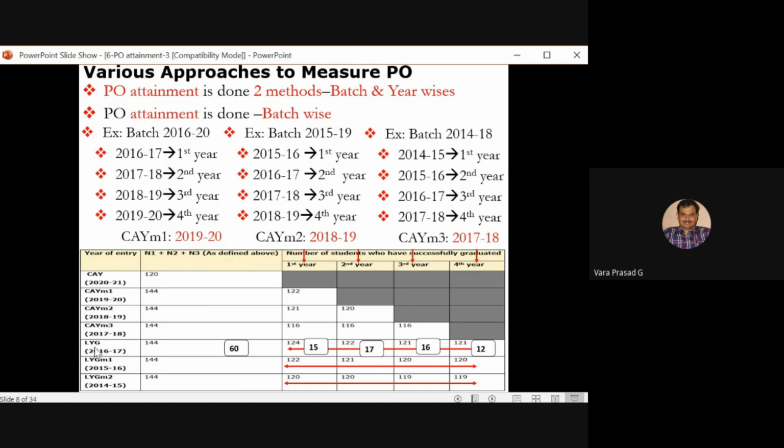So whenever I want to calculate the 2016 batch, I'm taking the 60 subjects with respect to 144 students, because I take the admitted batch students, then I will do the attainment of the PO. In this fashion, I am taking. See here, I just kept 60 subjects. Probably in your curriculum it may be 65, even 68 subjects that students may be studying. For understanding purposes, I am taking only 60. Even the subjects I've kept here are only an ideal case.